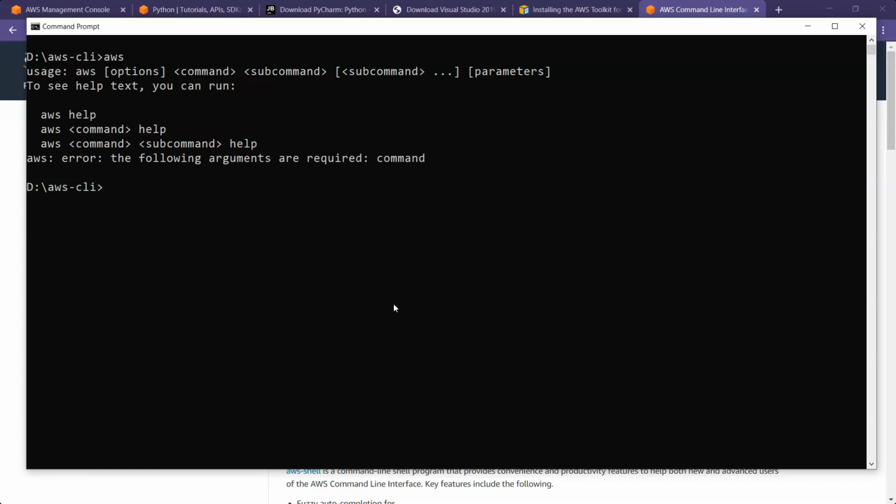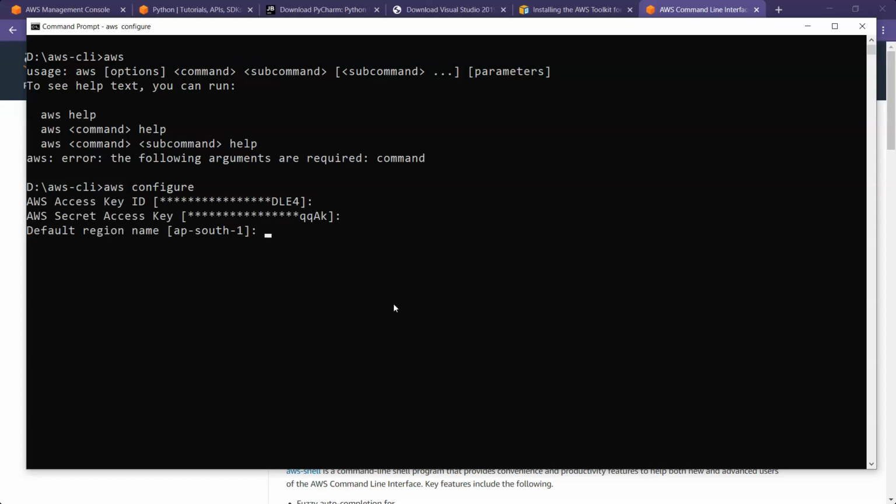And I have clearly instructed how you configure. The first thing that you need to do is type AWS configure, so that you can associate your access key ID and secret key with your environment. I have already set it up. This is something where, when you create an IAM user, you download it, and then you should be able to get this access key and secret key. I have used region as AP South 1, which is the Mumbai region, and output format as JSON.